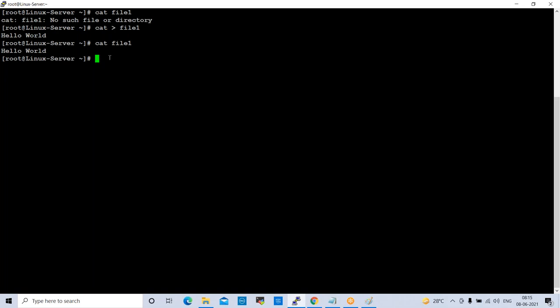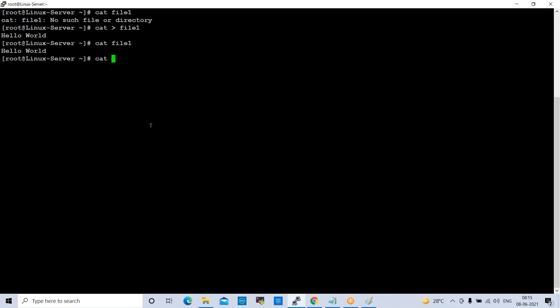So to create a single file, we used to use this command earlier. Now we have the touch command to create multiple files, single file, whatever files. Now I want to append some content in the file. Append means I want to add some more content in the file. What we need to do here?